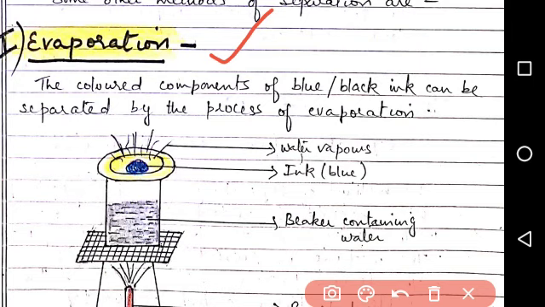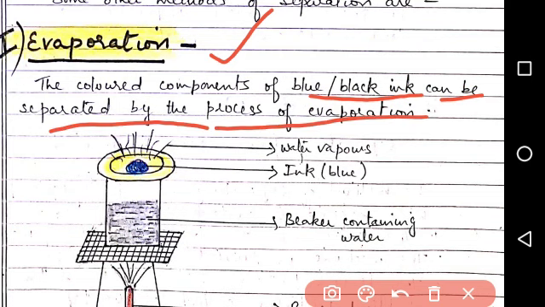The colored components of blue or black ink can be separated by the process of evaporation. You know that some pigment or dye is dissolved in water in the ink. So how can we separate that dye from the ink? By the evaporation method, the arrangement of the apparatus is shown here, where